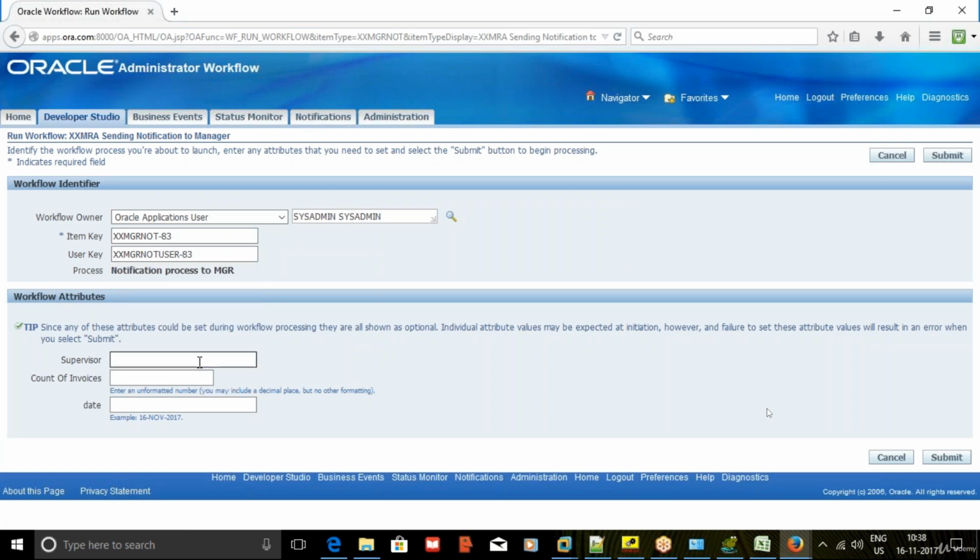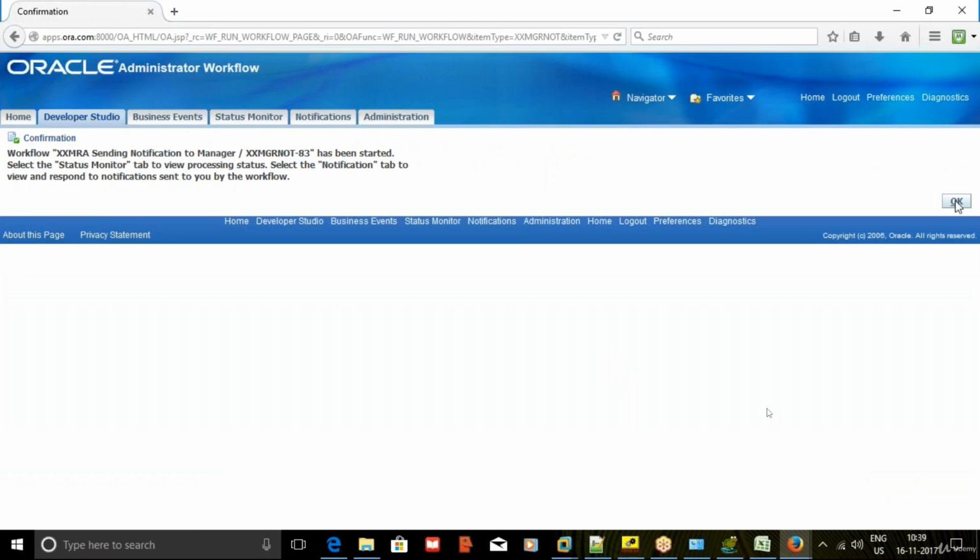Now I want to give supervisor here. The person who is having sysadmin responsibility, sysadmin access, he might know the supervisor, he might not know the supervisor. So he is giving C block. Mistake has been given. I have given the number of count of invoices having in holds as 1. Date is 16 November 2017. Now click on submit. The workflow will be submitted successfully,